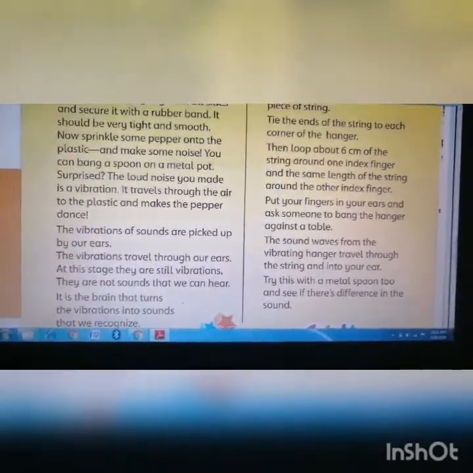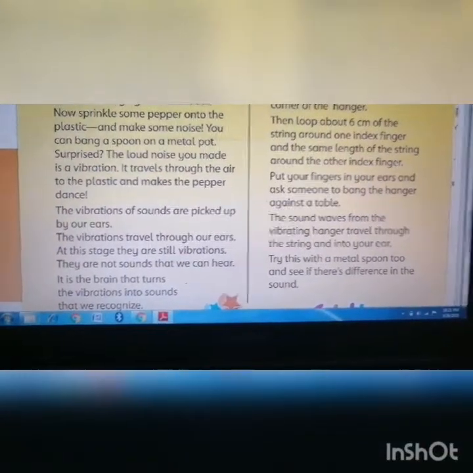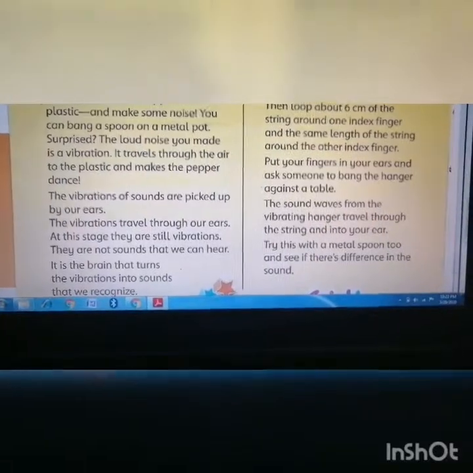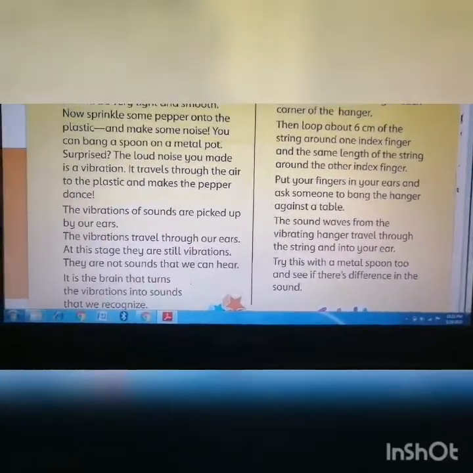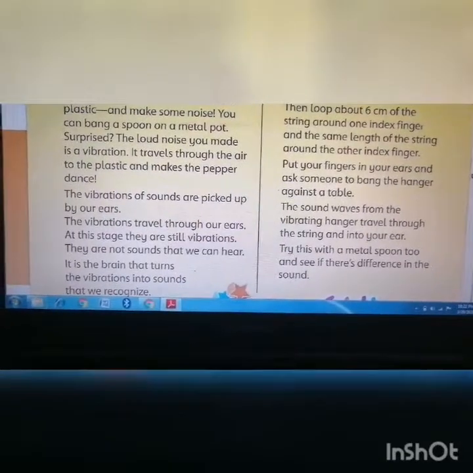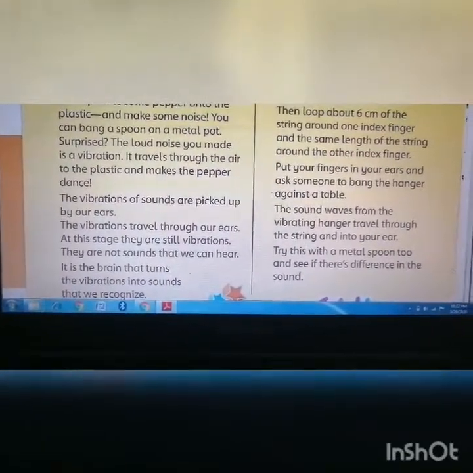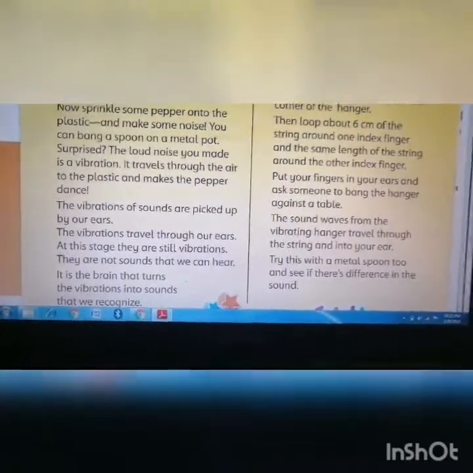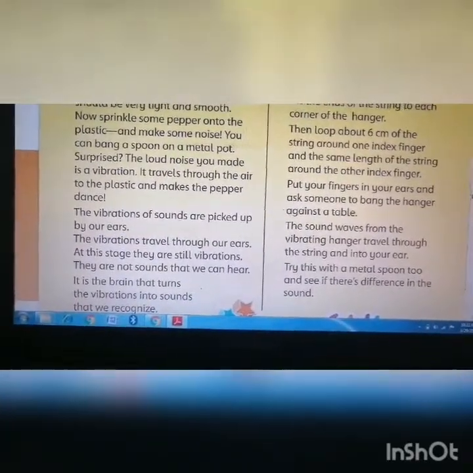Or you can do one fun activity. Take 2 paper cups and a string. Make sure it's not a plastic string. It should be a simple thread. It can be a thread, but it should be a thick thread, because otherwise a thin thread will definitely break if you stretch it.